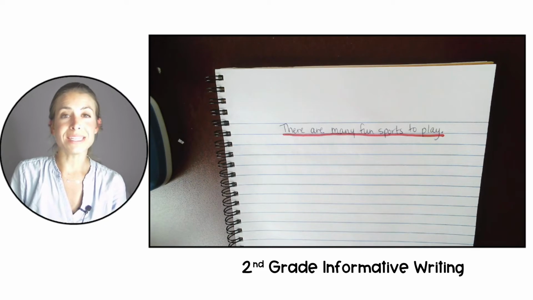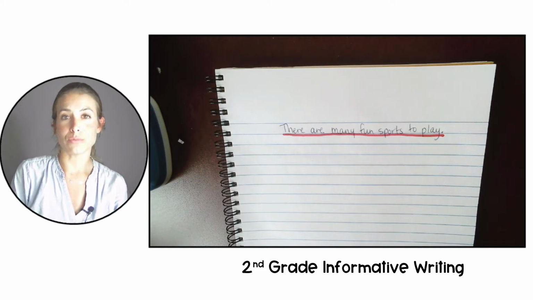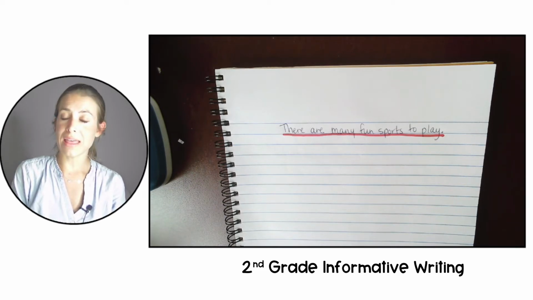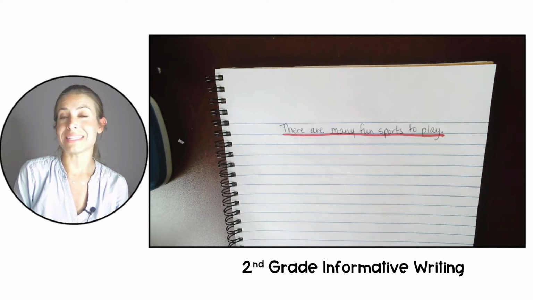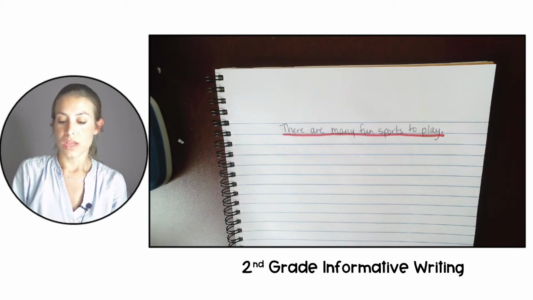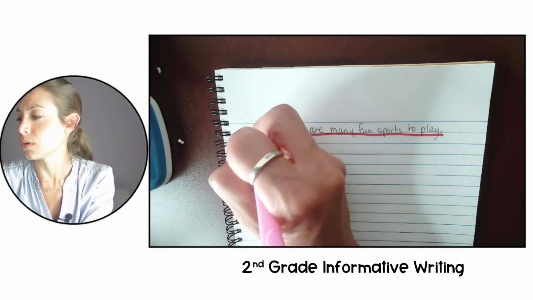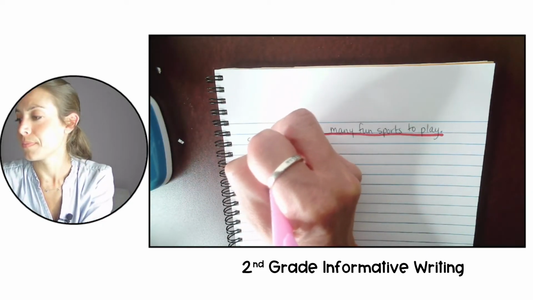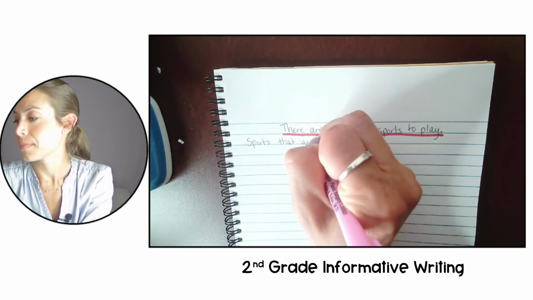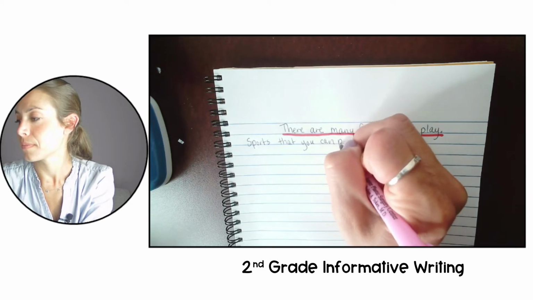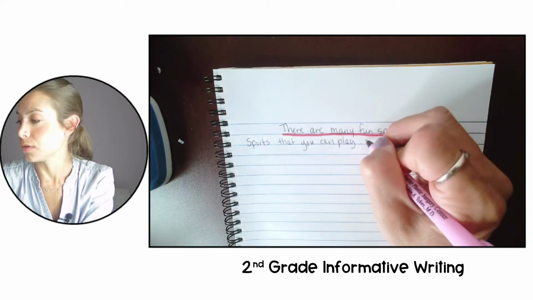Then I need to restate my three topic sentence. Remember, my three topics based on my plan were skate sports, other skate athletics, and soccer. I got to make sure that my sentence makes sense, and I got to make sure that it's in that same order. So I'm going to say sports that you can play include